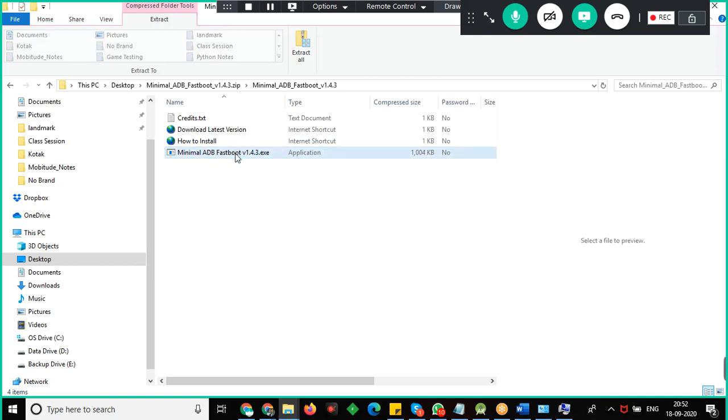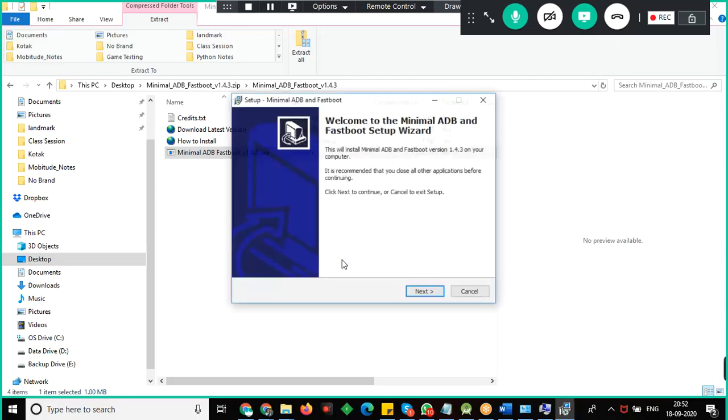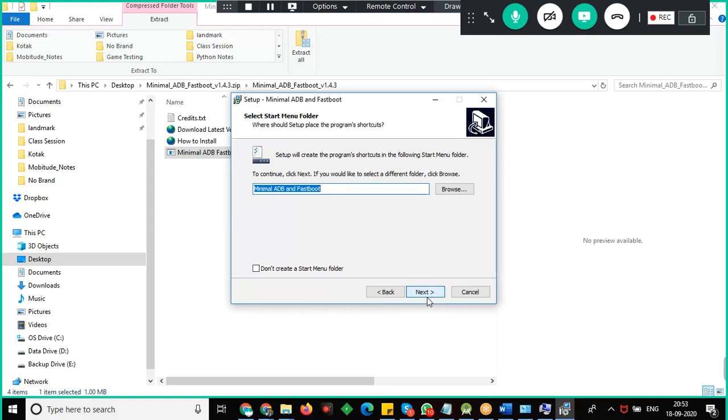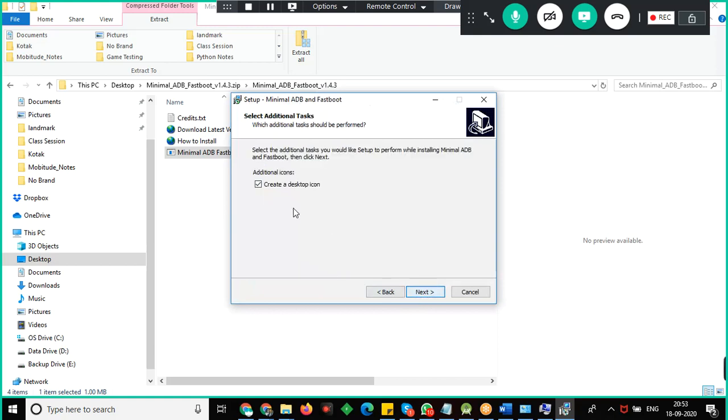Okay, just a simple installation. Just click on run. Click on yes. Next. In this, create a desktop icon.